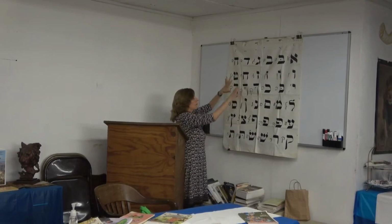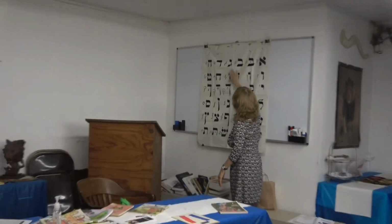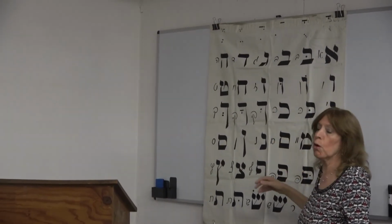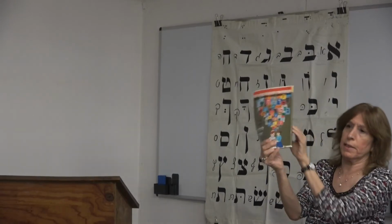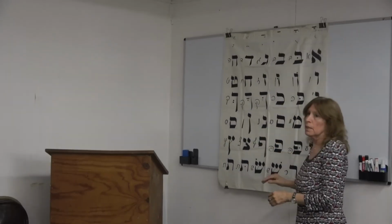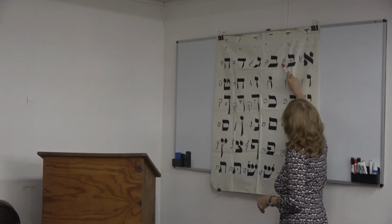Needless to say, right now, what you're looking at is the whole Hebrew alphabet. These big letters are the letters that you would see when you look at the Torah, or when you look at a Hebrew book, something as simple as this. These are the Hebrew letters that you would see. Now you see some little doodads right beside it. You see something like this, something like that,